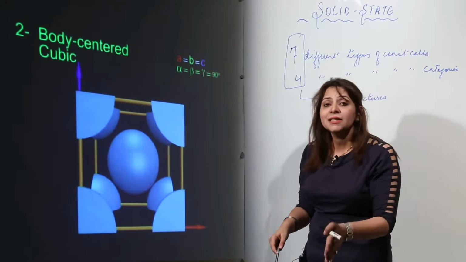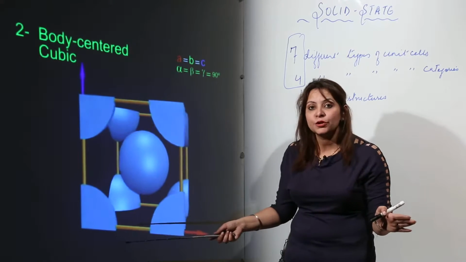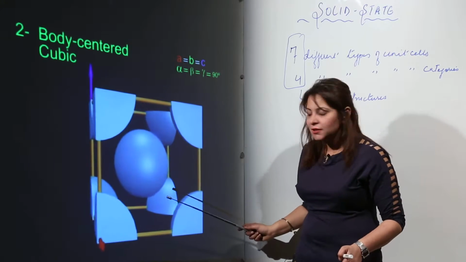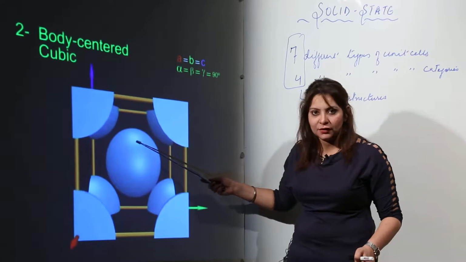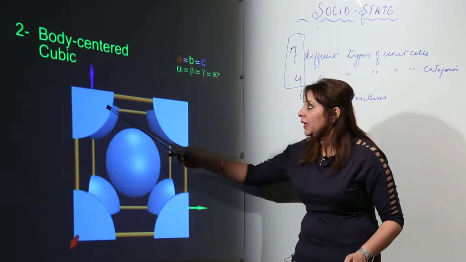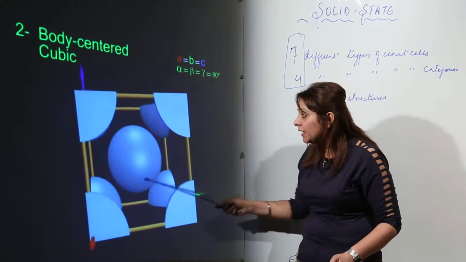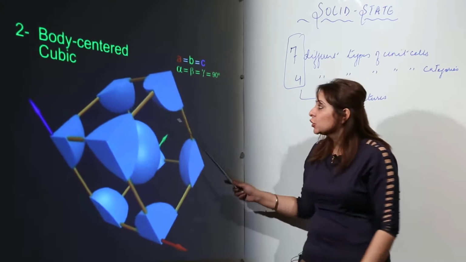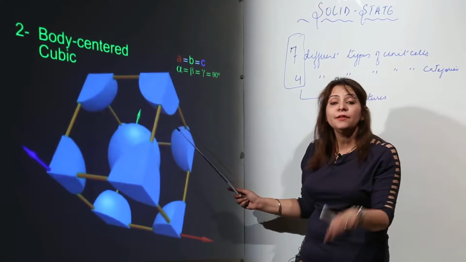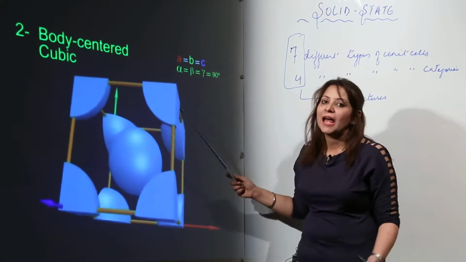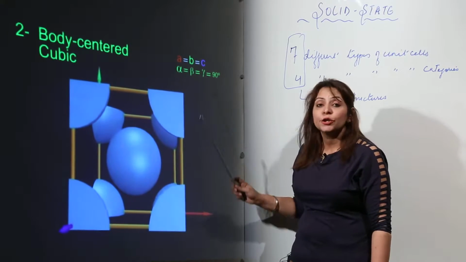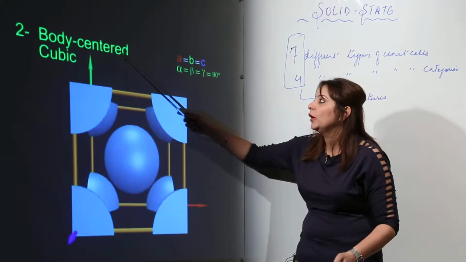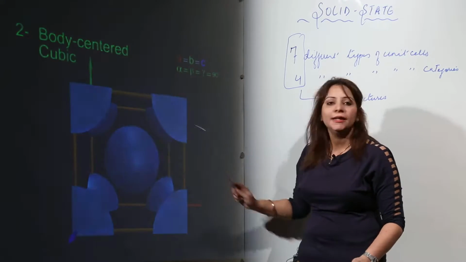Now we can find this cubic one in the form of primitive as we showed, and we can also find it in the form of body center. That means the same particles at corners, and moreover we will be having a particle in the center, right? The corner ones will be shared by the other unit cells, but this particle again is shown as a complete particle. That means this particle belongs to only the specific unit cell, right? So this is the body centered cubic. Again, if we talk about the parameters, sides are equal, angles are perpendicular, that means 90 degrees. So you have to keep in mind that in case of cube we get to see the primitive type and also the body centered type, that means the corners and the center.